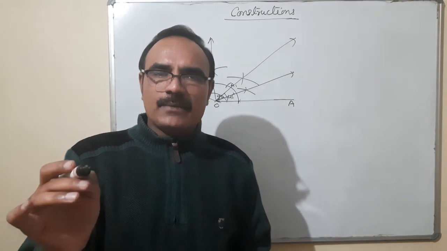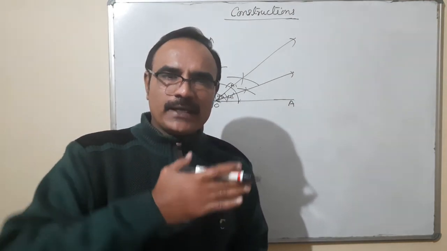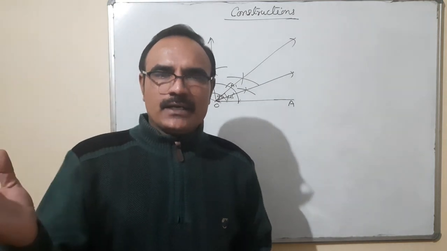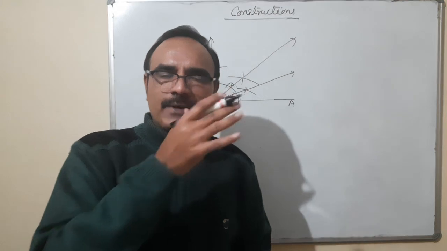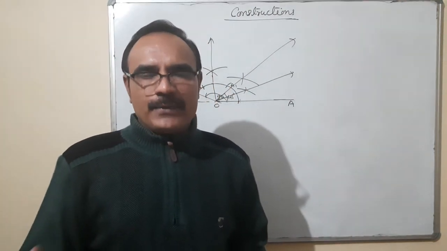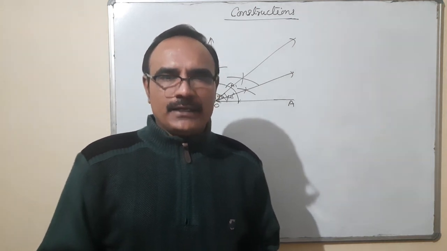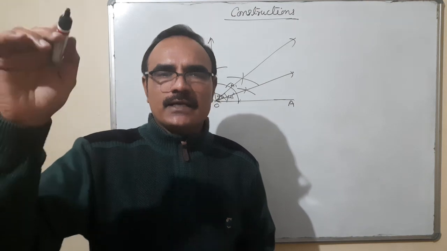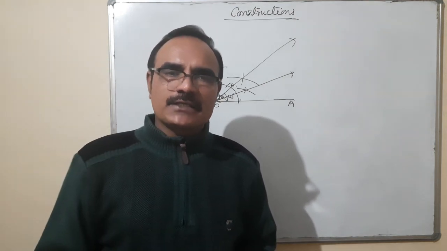You can draw any line segment, 5 cm, 4 cm. With one end, you are going to make a 60-degree angle. With another end, you are making a 60-degree angle. Then where both the lines intersect, the third angle will automatically be 60 degrees, because by the angle sum property, the sum of three angles of a triangle is equal to 180 degrees. So the point where both the lines are intersecting is the third angle, and two angles you have already made: 60 and 60 degrees.